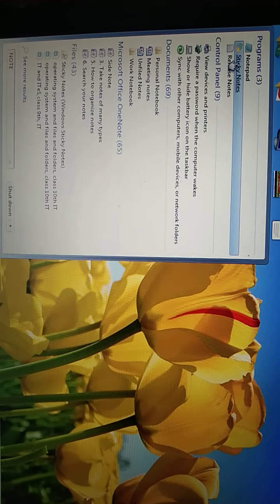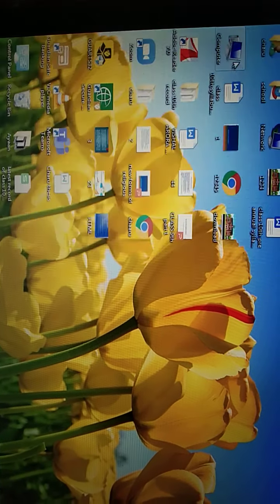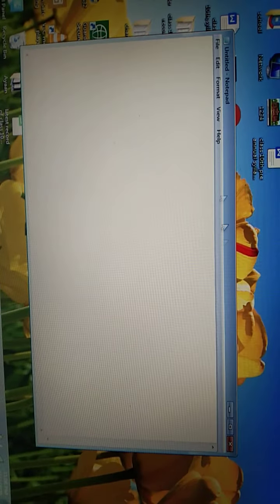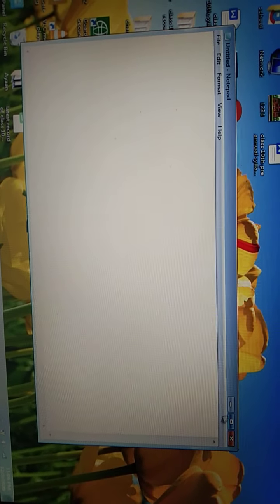Here the icon comes for the program called Notepad. So this is my Notepad. Here I can write all the programs related to HTML. Like in your book there is one program related to HTML, that is applying bullets. So now let's start writing a program.